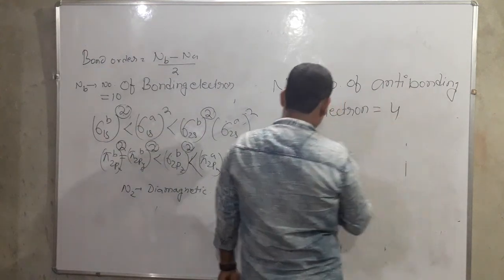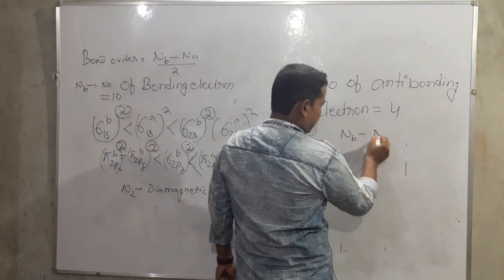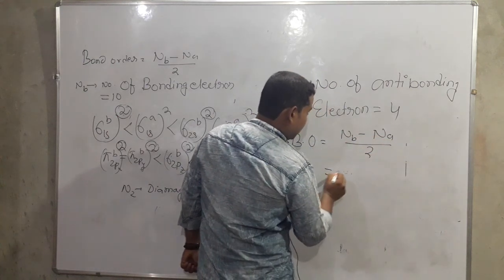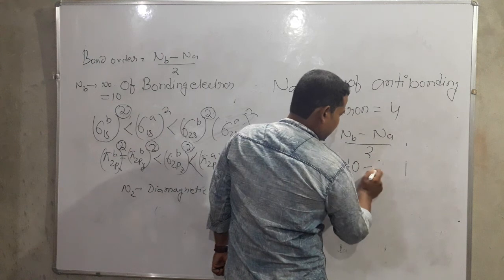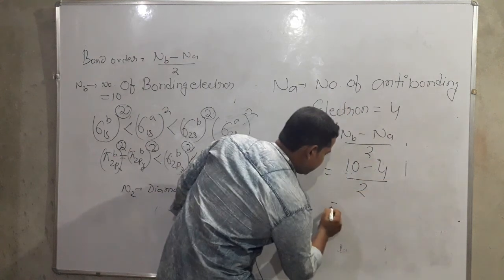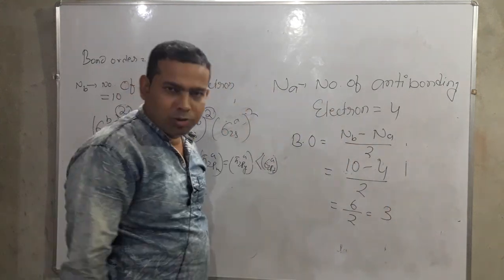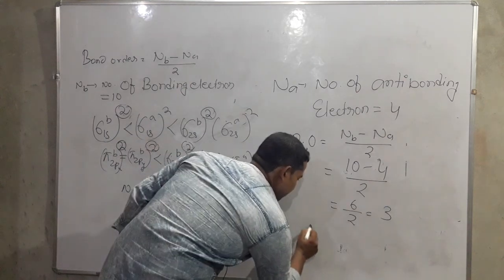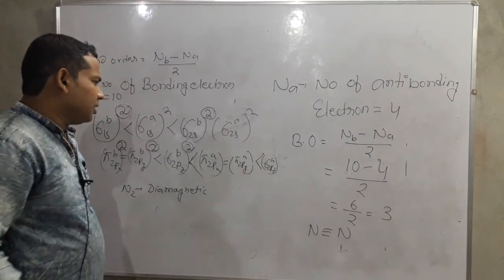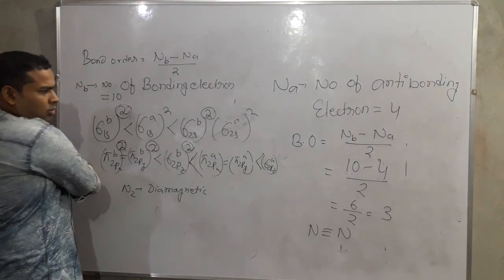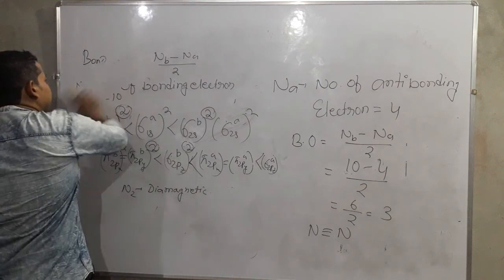Therefore bond order equals Nb minus Na by 2, that is 10 minus 4 by 2, that is 6 by 2, equal to 3. So the bond order of the nitrogen molecule is 3. So therefore N triple bond N, this is the bond. Clear people? In this way you will find out bond order and magnetic property of the molecule. Clear? Next,